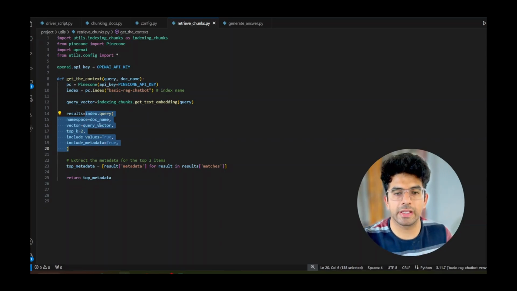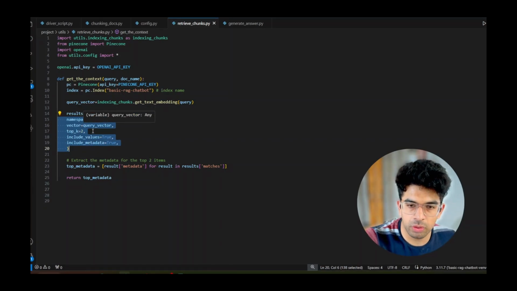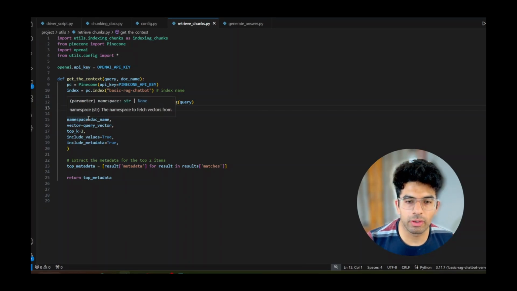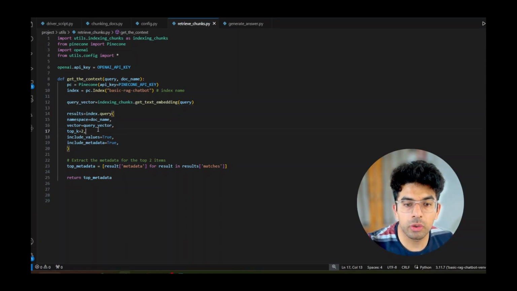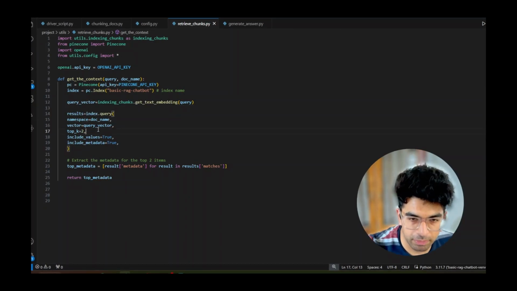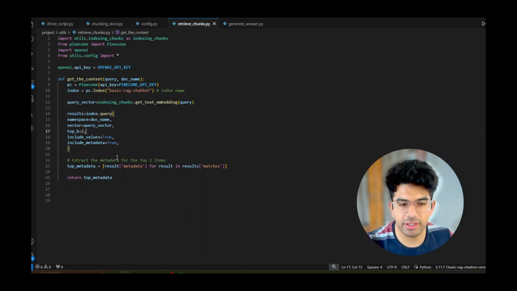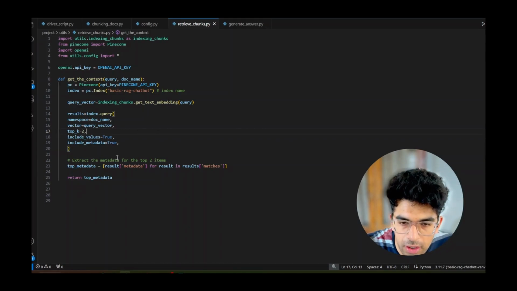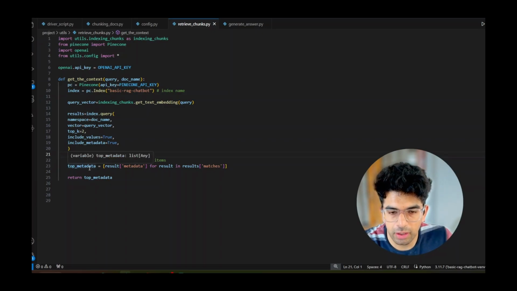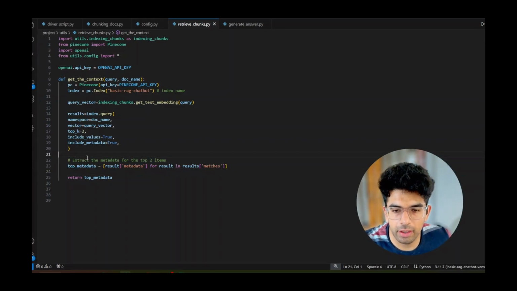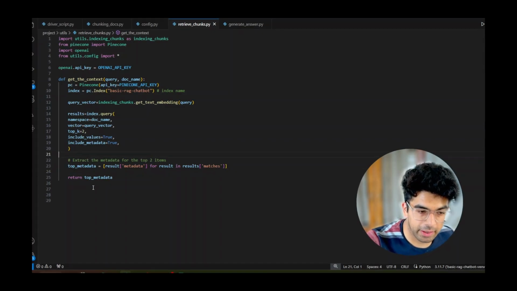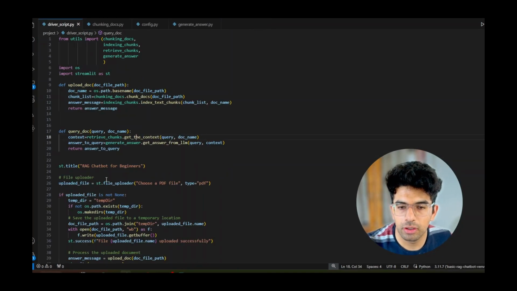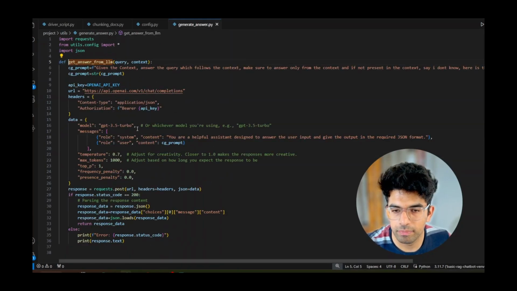We are also specifying the namespace which I spoke about before, which will be the document name in this case, but it could be domain specific or a domain level namespace as well. Now, top k suggests that the top two documents which are the most similar will be fetched. After we get the top two ranking items from the vector database, we send the topmost of it to the LLM to get the answer.